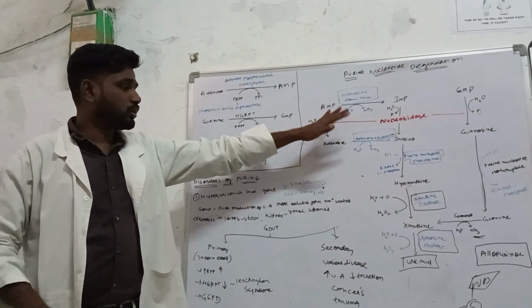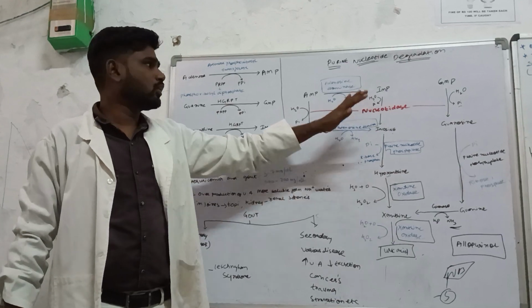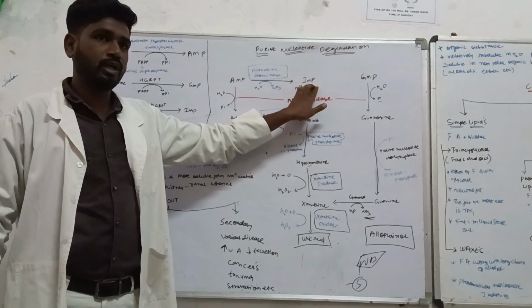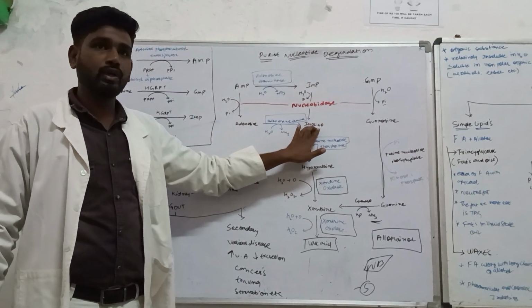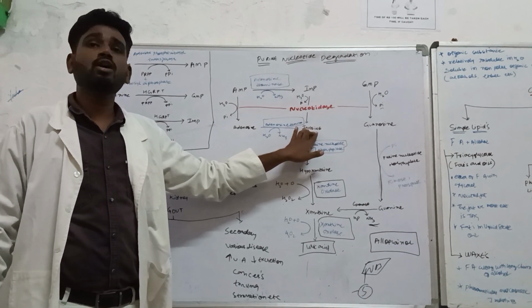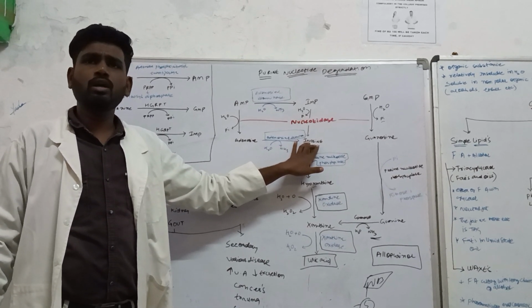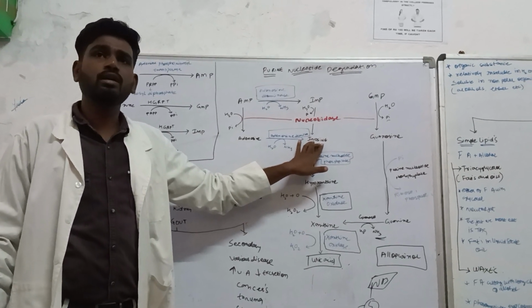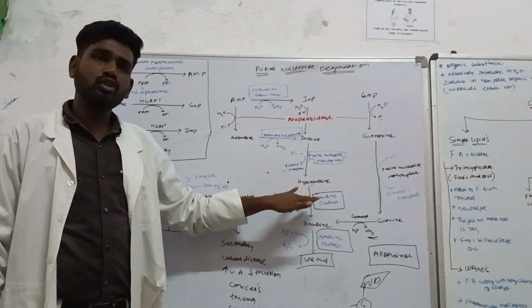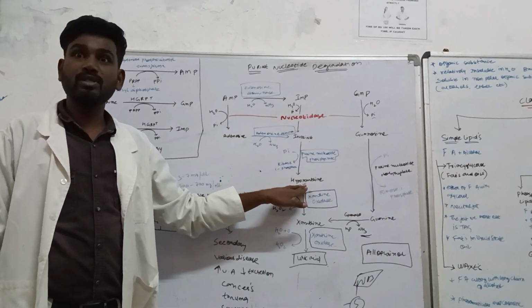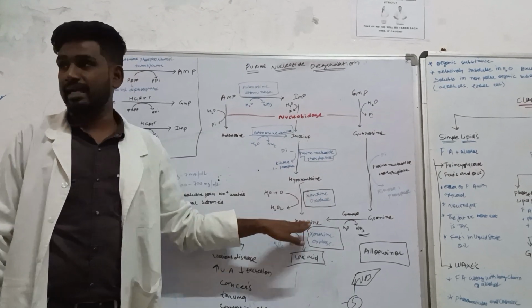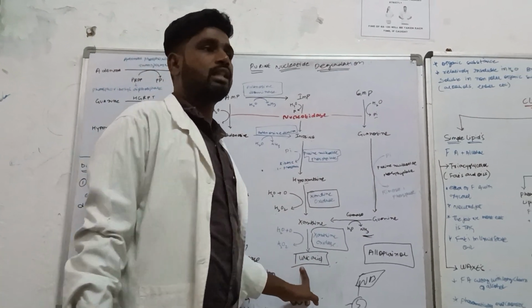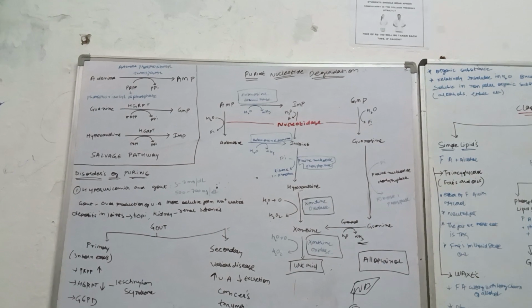ठीक है, have you gone through this cycle? अगर आपको कॉम्प्लिकेटेड दिख रही तो आप बहुत इजी वे में समझिए भाई, कुछ भी नहीं हो रहा। एडिनोसिन मोनोफॉस्फेट आइनोसिन मोनोफॉस्फेट में कन्वर्ट हो रहा, आइनोसिन मोनोफॉस्फेट आइनोसिन में कन्वर्ट हो रहा। जो बच्चों को न्यूक्लियोटाइड और न्यूक्लियोसाइड का कॉन्सेप्ट मालूम है उनके लिए बहुत इजी है। Only you are removing that phosphate group and turning that molecule into nucleoside. Now nucleoside is the nitrogenous base plus sugar. Now you need to remove the sugar. You are removing that sugar, and in order to respond, you are getting the product called hypoxanthine. Hypoxanthine, when treated with the xanthine oxidase, will be called xanthine.